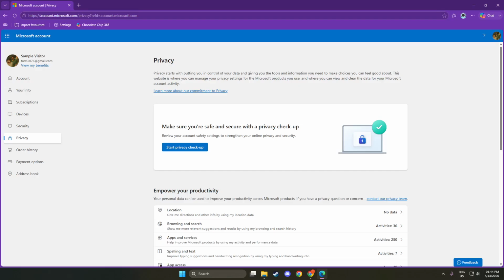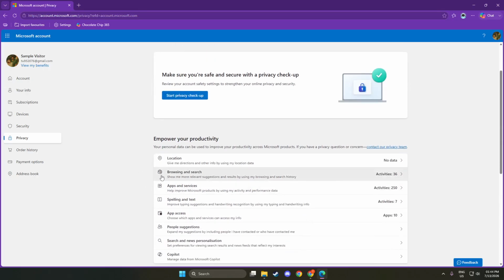Once you are signed in, look for the section labeled Browsing Data on the Microsoft Privacy dashboard. This section is crucial as it contains all the data related to your browsing activities. Click on Browsing Data to proceed. Upon clicking, you will be directed to a page where you can view your activity data and search history. This is valuable because it allows you to see what you have searched and visited recently, even if you thought you had deleted it. Now, take a moment to familiarize yourself with the layout of the Browsing Data section.